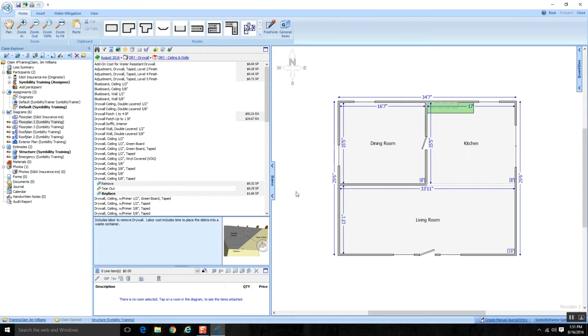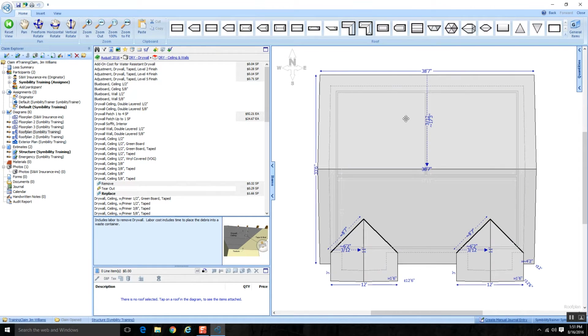Okay, so we've seen how to apply some line items to a floor plan. Let's go through the same process with a roof plan and with an exterior plan. So if I come over to my Claim Explorer and I navigate to a roof plan, I'll pick up here. So let me get back to my general database, and we know we'll get there by clicking on